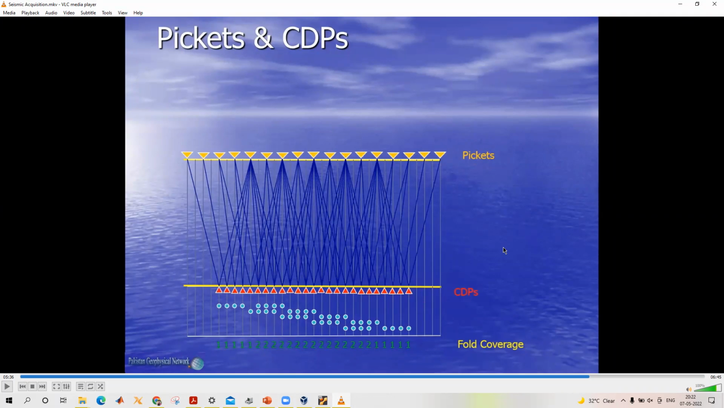But there is one more thing called common midpoint. In that, what happens is both the shot and geophone move. I'll discuss that in much more detail when we go to the presentation. But to give an example,